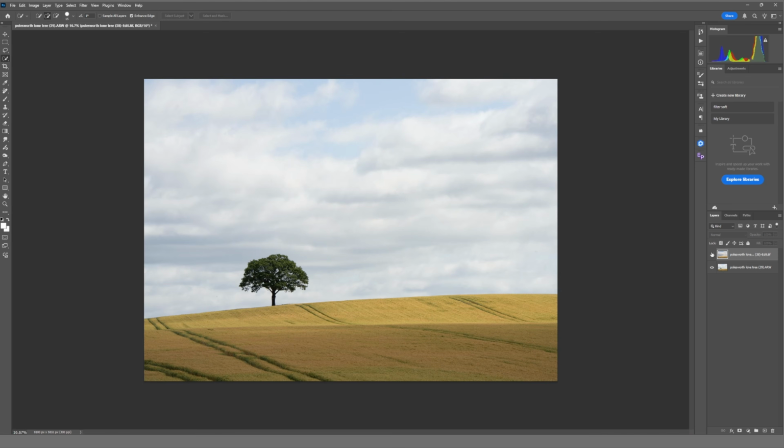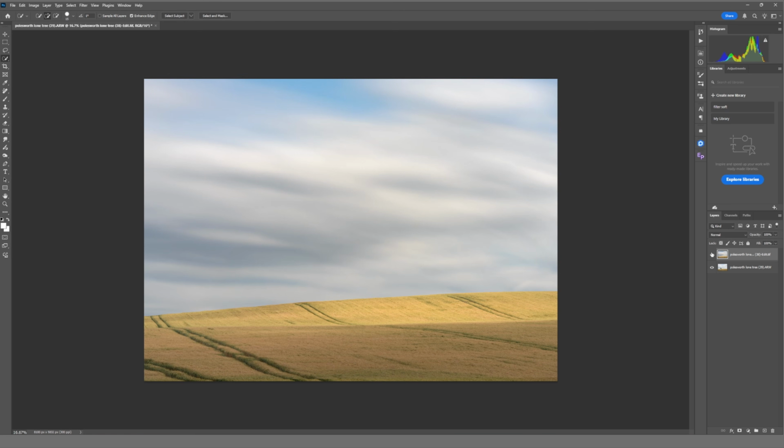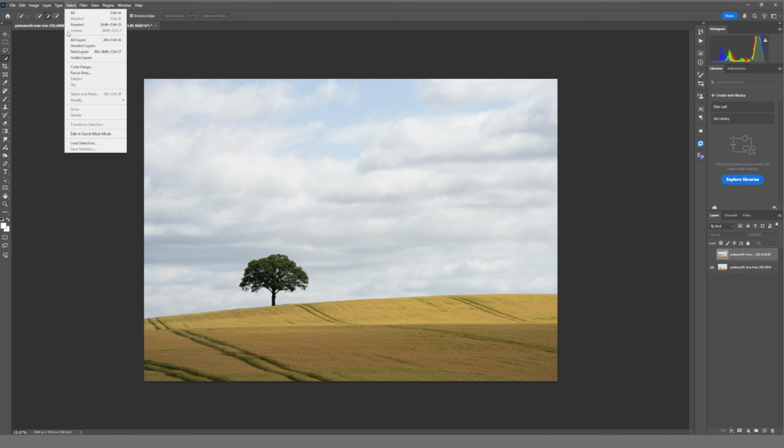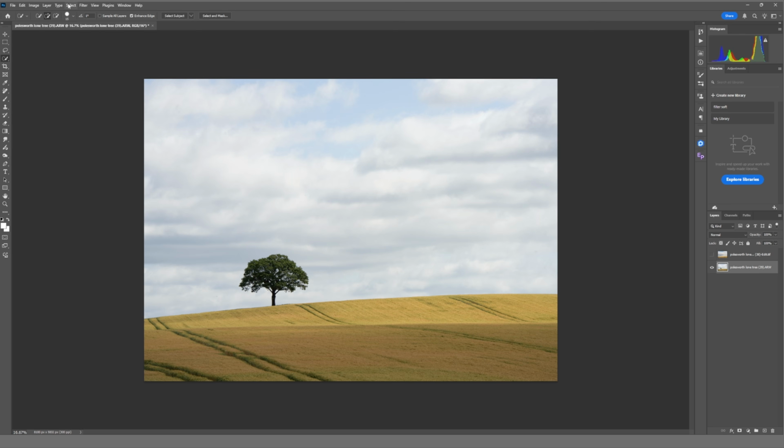So we've got the two layers there, so they're ready for us to use. What I'm going to do now is switch the top layer off, which is our long exposure layer. And what I'm going to do now is try and select the tree and the field. So the first thing I'm thinking of, if we can select sky, just select a layer. If we select sky, we'll just see how good a job it does of selecting sky. Then what we'll do is just invert it. That means it will select everything else